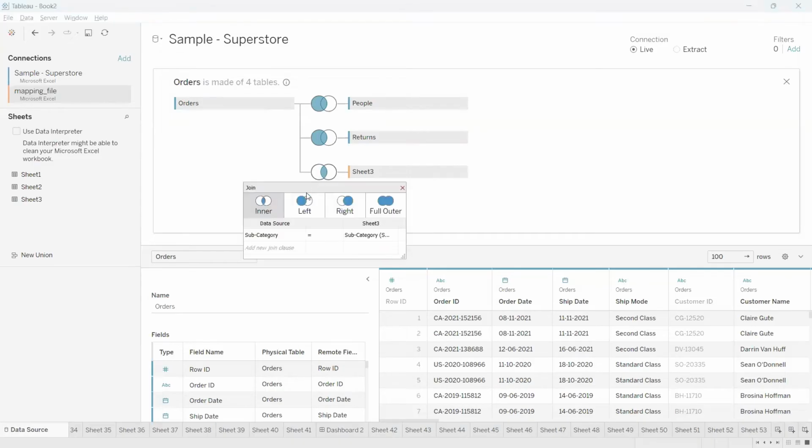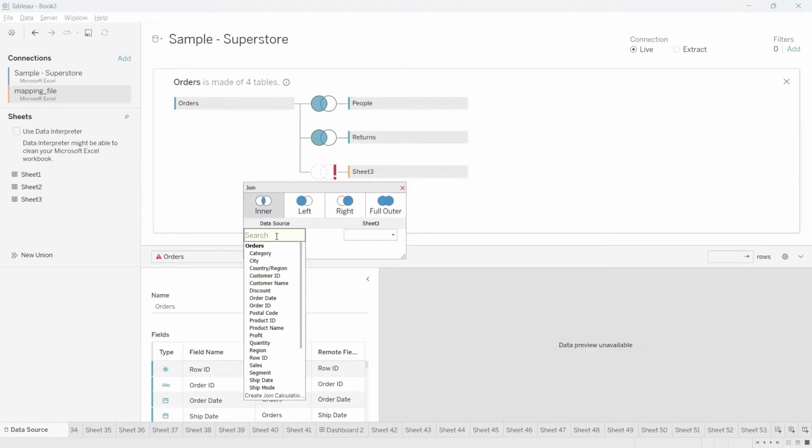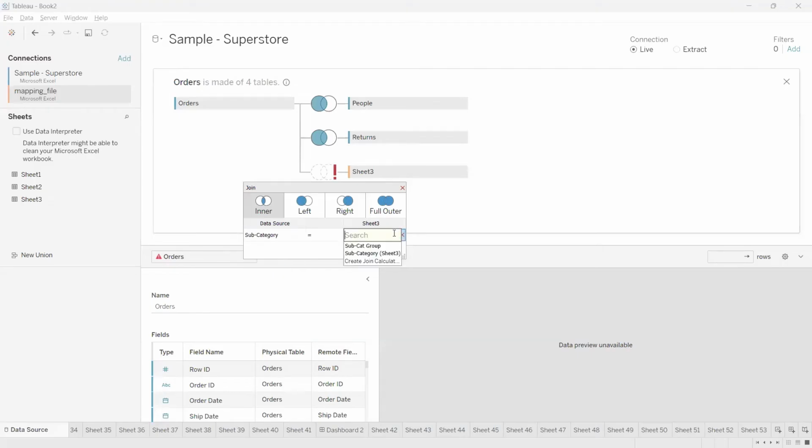Click on this drop down, and from the orders table, Tableau automatically selected subcategory, and from Sheet3 it also automatically selected subcategory. If you don't like this type of join, simply close these fields and you can manually select subcategory here and subcategory here,